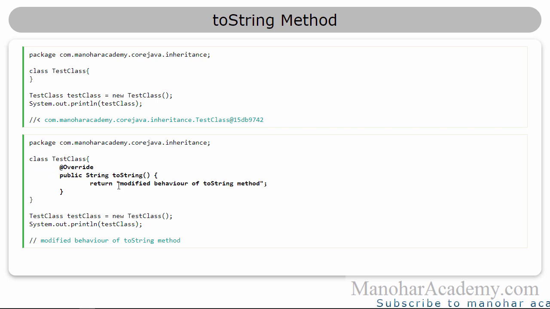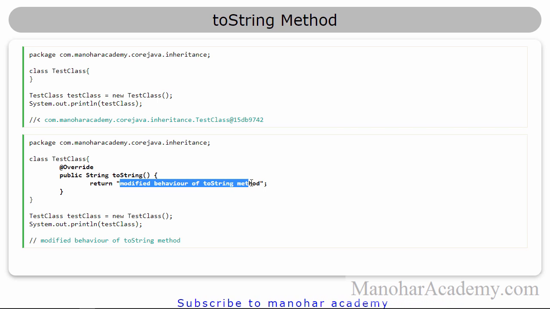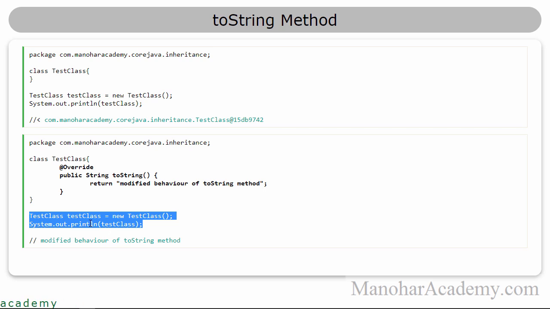Okay, here I have overridden it, but I'm simply printing a modified behavior of the toString method. I am not printing any field values. Also, I haven't created any fields here. So if this time I print the object of type test class, I'm going to get the message